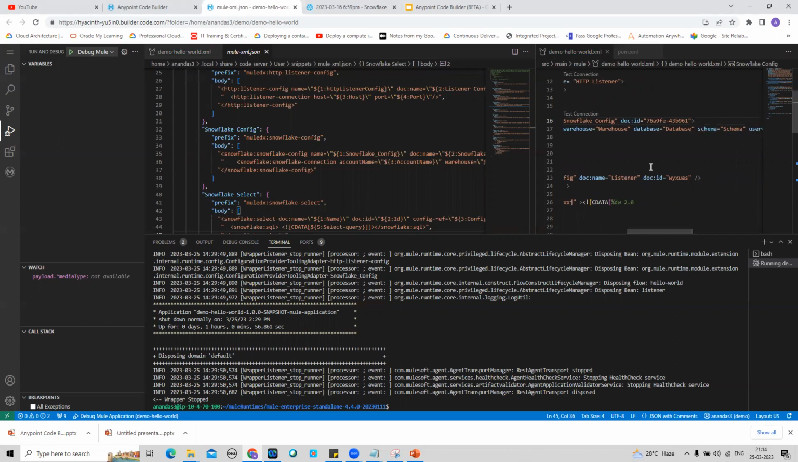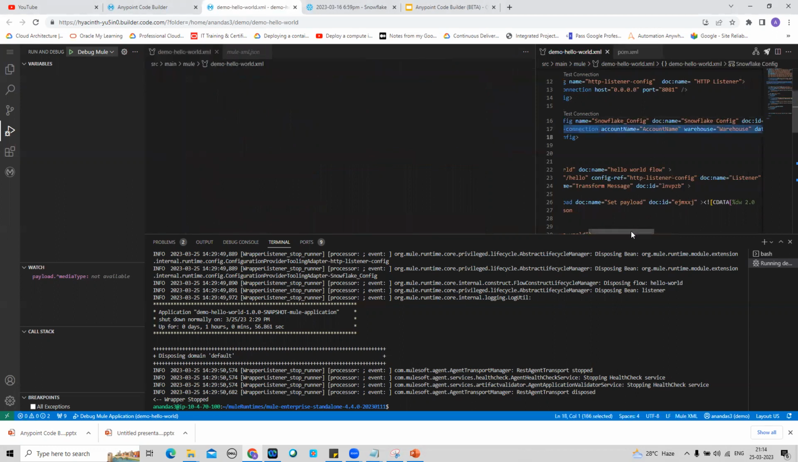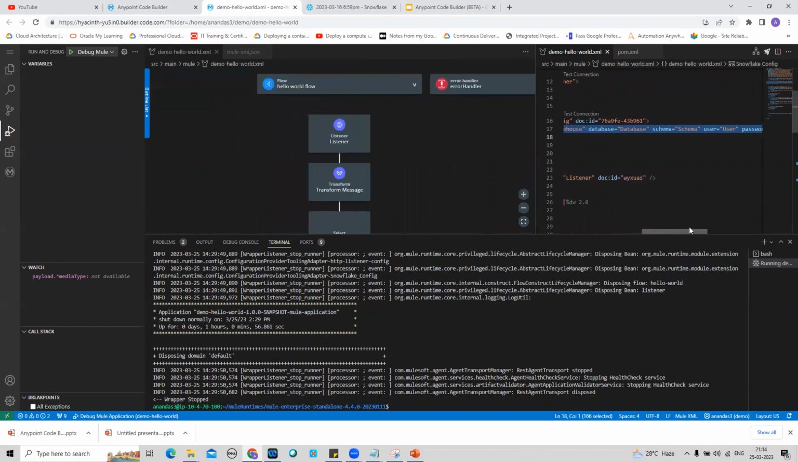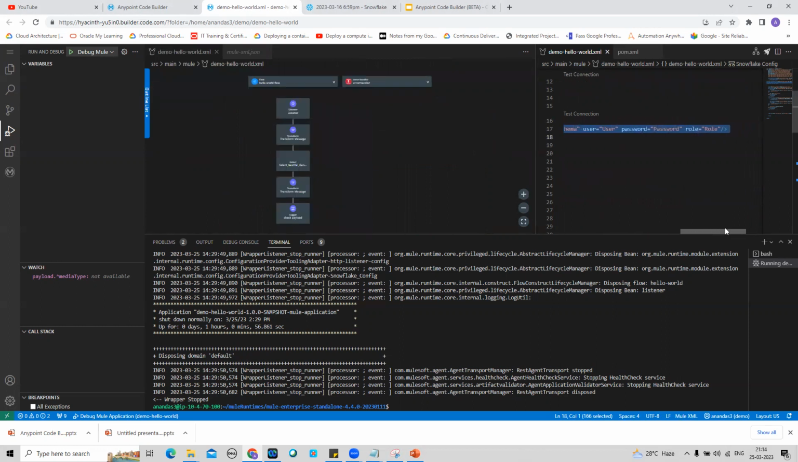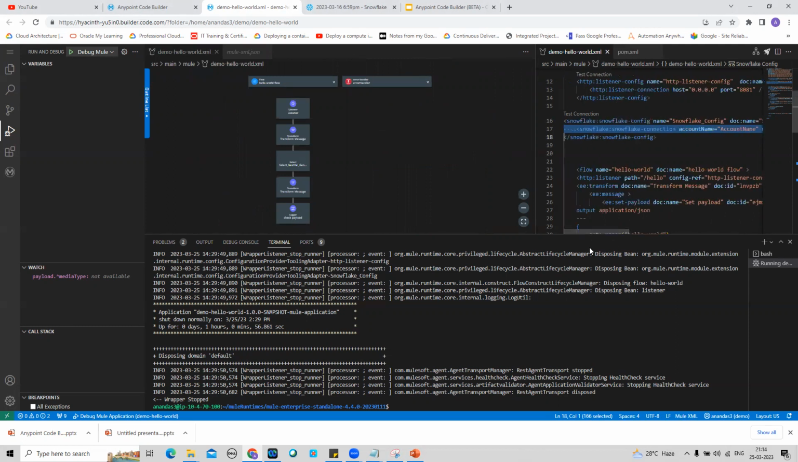Inside the doc name, doc ID, I can change all these things, and then I need to provide the original account name. I need to provide the warehouse, database name, schema, user, password, role. Basically, I need to configure the actual connection details to connect to my Snowflake account. Once I do it, my Snowflake configuration is done, and I don't need to write the same thing again and again across all my code. So this is how I can make a reusable code snippet in MuleSoft